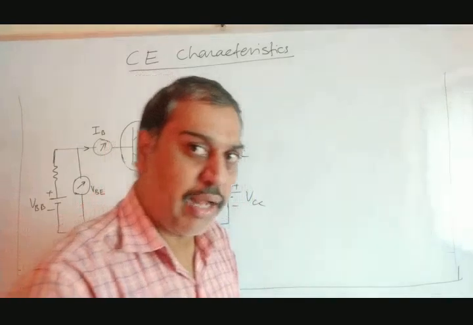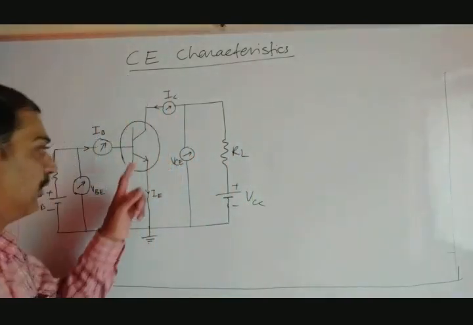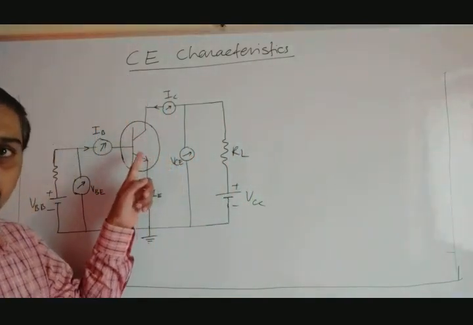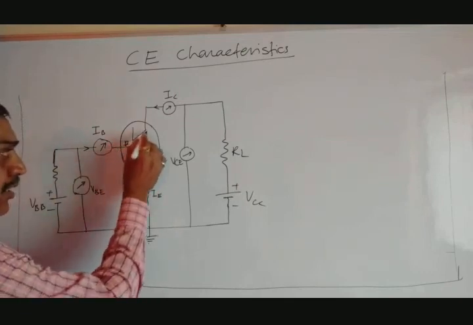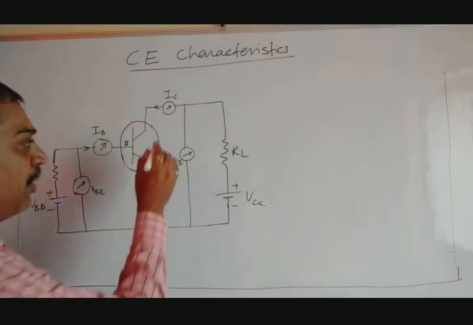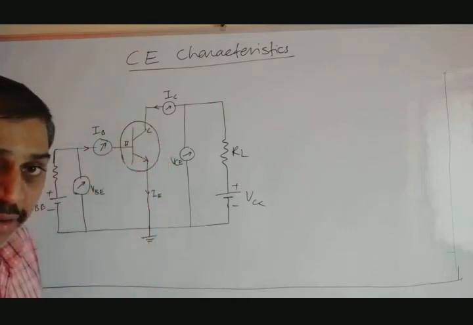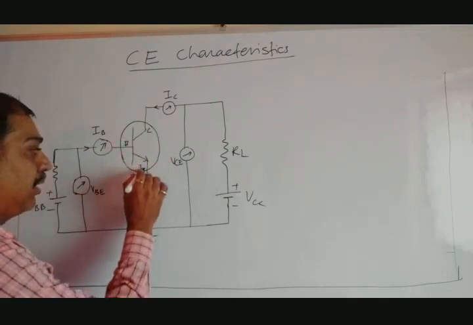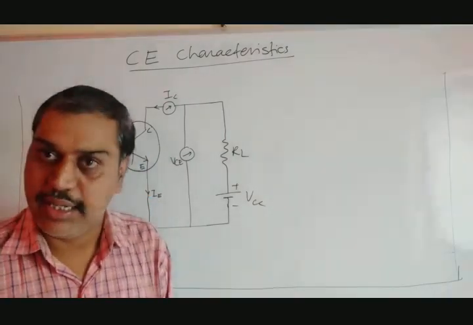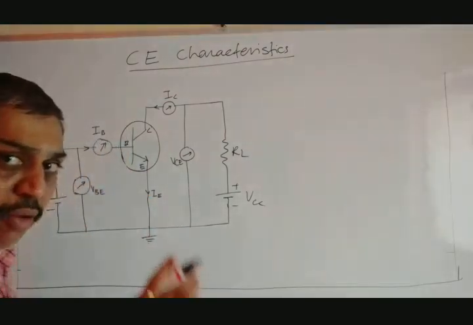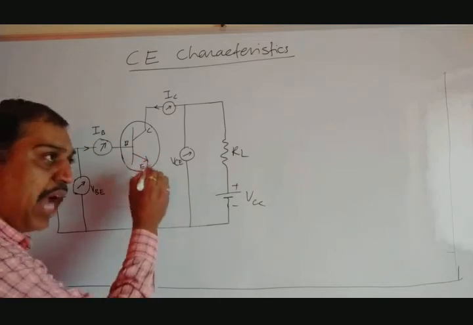Already I have plotted a diagram. Just look at the diagram here. So this is a transistor. As we know, this is the base. This one doesn't have an arrow, so it is said to be the collector, and this one has an arrow, so it is the emitter. So this transistor has three terminals: emitter, base, collector. Just look at the arrow of the emitter.